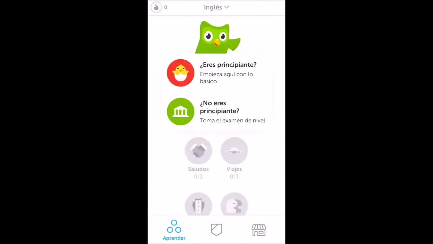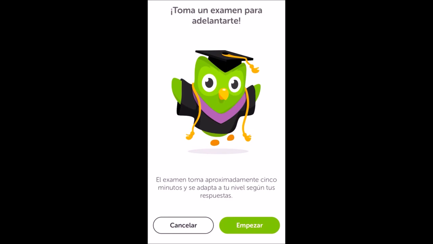Okay, and what we have here is the startup page. They ask you two questions, whether you're a beginner or not a beginner. We're going to click on not a beginner. If you're a beginner, they go through all the courses from the beginning until the end. If you click on not a beginner, they'll give you an entrance exam, and this means you'll be able to skip a couple of courses which you already know. So if we click on empezar, start,